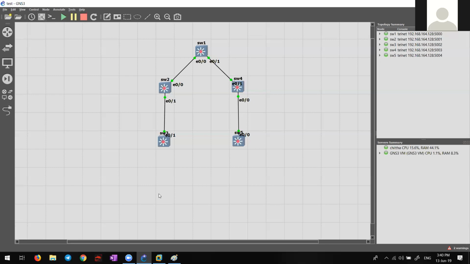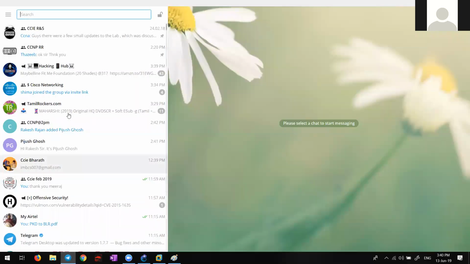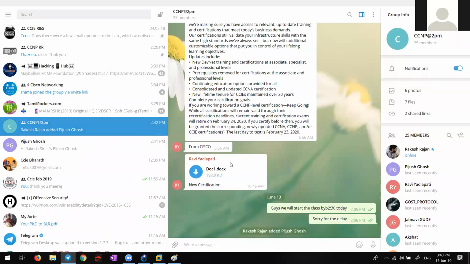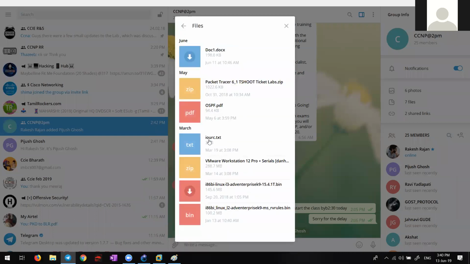You are also doing it in practice, right? Switch images I have given in the group, right? No? Why not? I have given the images in the group, I guess. What is this?